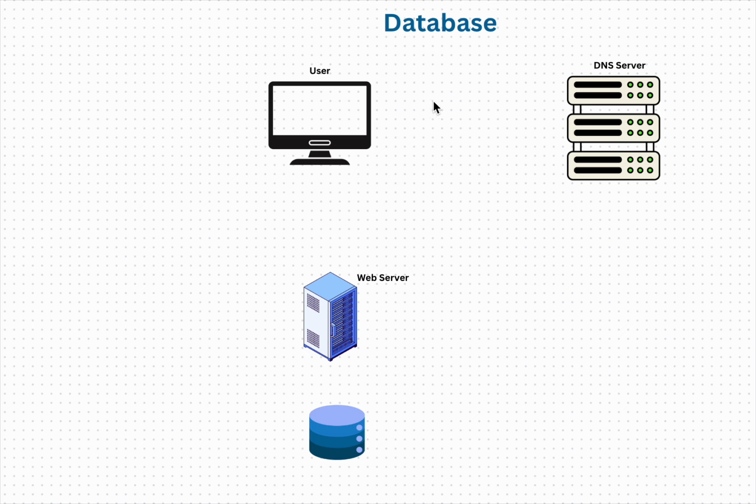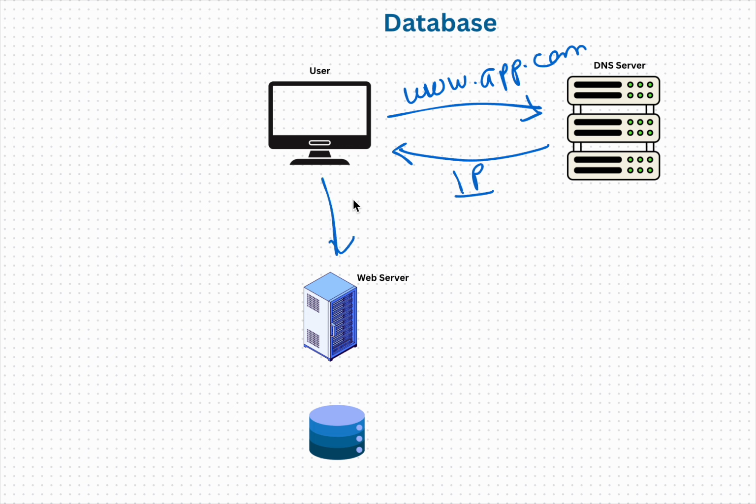So user types some URL on the web application, for example, www.app.com. If the browser does not have its IP address for app.com, it sends the request to the DNS, and after that DNS sends the IP address for its respective web server where the web application is hosted. So using this IP address, user sends the request to the web server, and the web server responds back